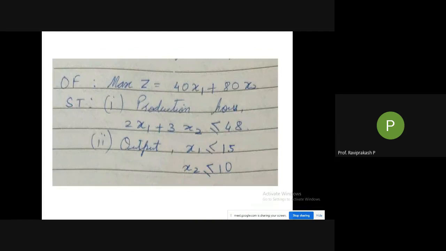Here, the formulation is given directly. We'll get a formulation something like this. I have taken a formulation from a different sum, and I have not given you the theory, so that's why this production and output has been written. Otherwise, directly they'll give you max z subject to the equations. That's all. So try this particular graph.